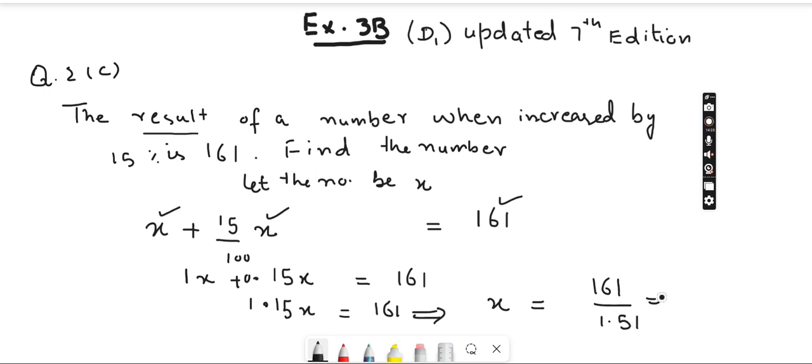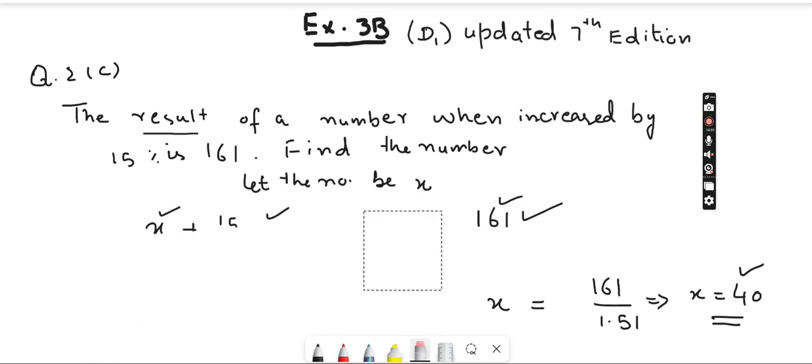You can do it manually, or you can use your calculator, and your final answer comes 40. So 40 is the number. When you take 15% of 40, your answer is coming 161. So first of all, you have to suppose the number,